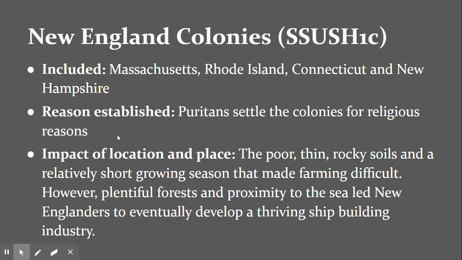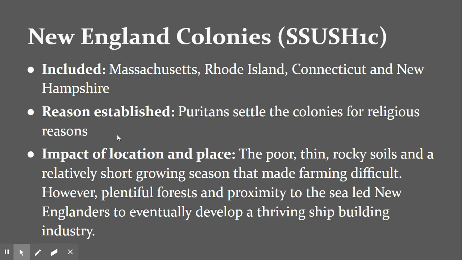This is where a lot of the wood is going to come from to build up one of the greatest navies in the world. Great Britain is going to have one of the most powerful navies in the world, and they do it on the backs of and from the wood that is given to them from the American colonies, the New England colonies. So in the South, they're going to give things like indigo, rice, tobacco. And in the North, in the New England colonies, they're going to give a lot of stuff like the fishing seasons, and a lot of wood so that they can build their ships and make one of the most powerful navies.